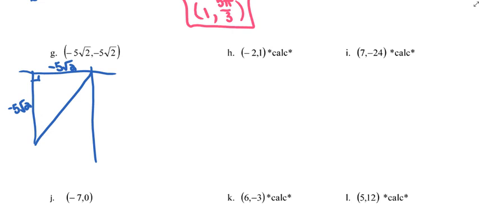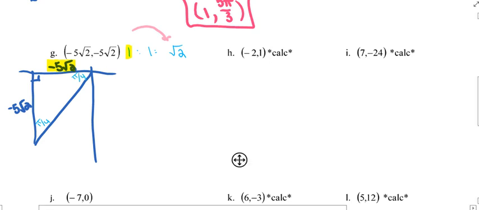So I'm looking at that isosceles right triangle, whose ratio is 1 to 1 to root 2. So we know the length of the leg is negative 5 root 2. To find the length of the hypotenuse, we have to multiply that leg times root 2. So I'm going to do negative 5 root 2